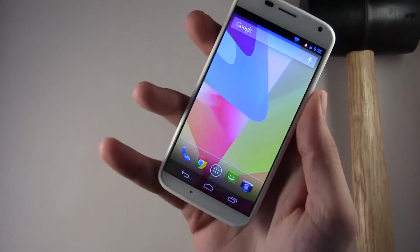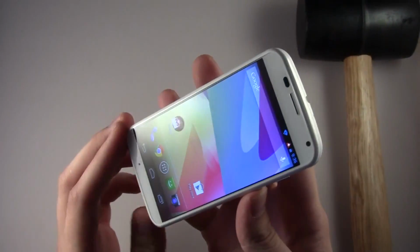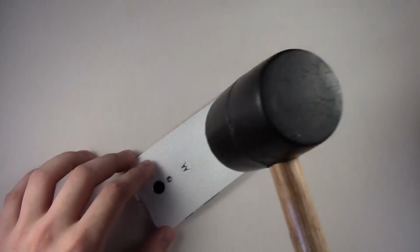Go ahead and see if I can wipe that off. I don't think it's topical. I think it's actually the display itself, the AMOLED display. So yeah, not the best results again that I've seen. We'll go ahead and try the back now. So do the back and see